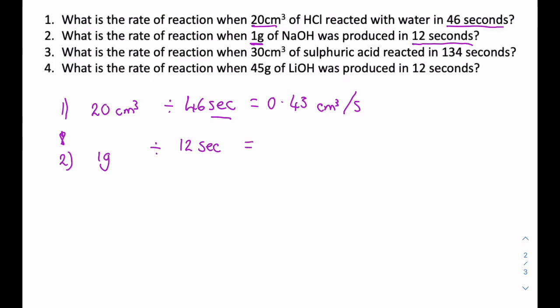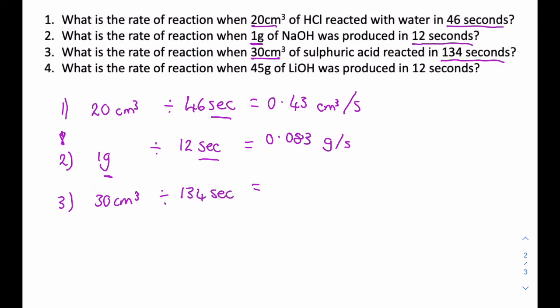and that would give me an answer of 0.083 to two significant figures. The amount was in grams, so it would be grams per second, because that's what the time was in. Number 3, what is the rate of reaction when 30 centimetres cubed, that's our amount, of sulfuric acid reacted in 134 seconds? So that's our time. Same equation again, your amount, which is 30 centimetres cubed, divided by the time, which was 134,